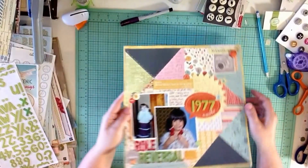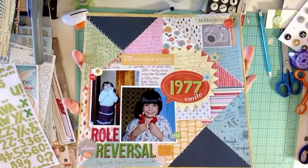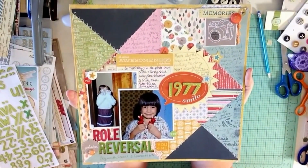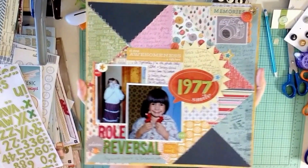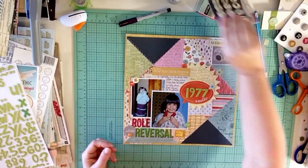And that's done. Boom! How do you like it? It's called Roll Reversal 1977. Woo! Yeah, I like it. It's good. It's done. Yay. I know that took longer than 2 minutes or 15 minutes, but it's done and I had fun making it,